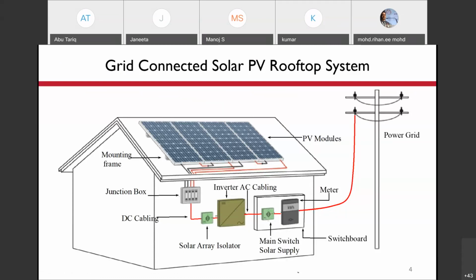So accordingly, the inverter will be a three-phase inverter or a single-phase inverter. So this is a basic layout, and other components are there, which I will not discuss in detail. The DC cable is there, AC cables are there, circuit breakers are there. So these things are other than the main things.